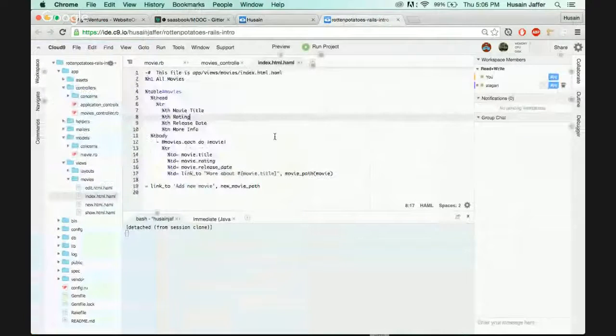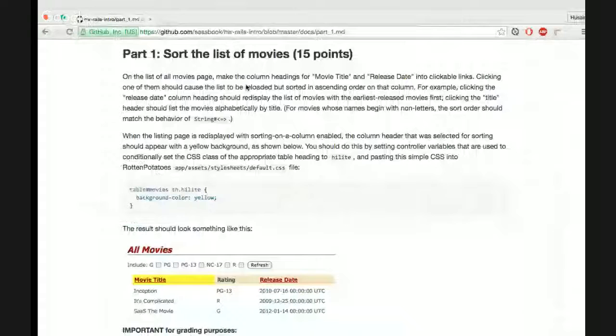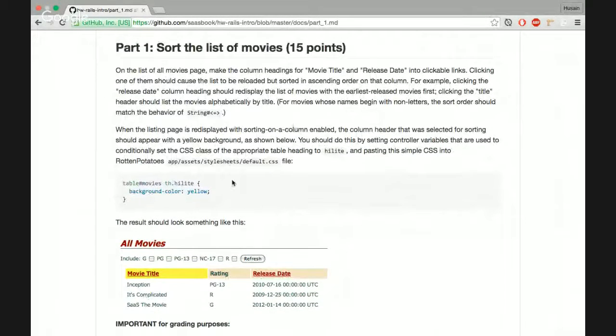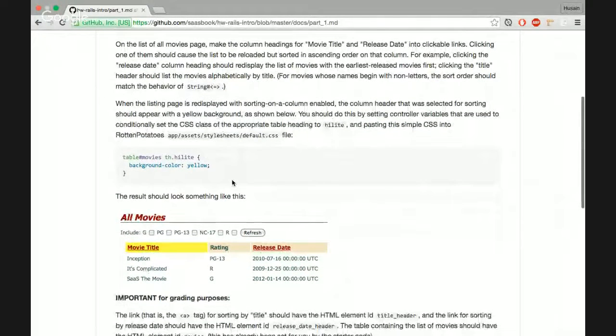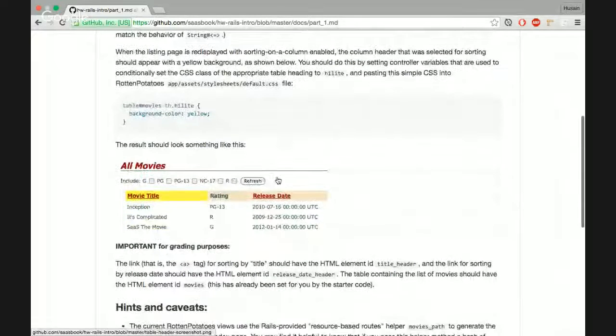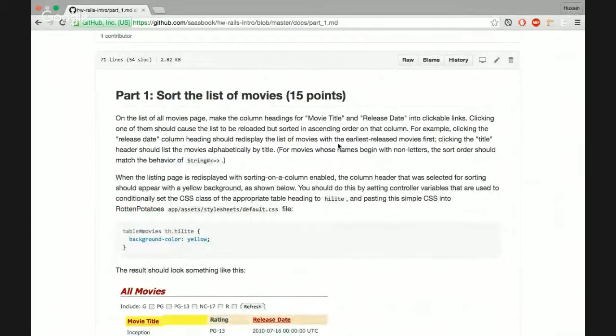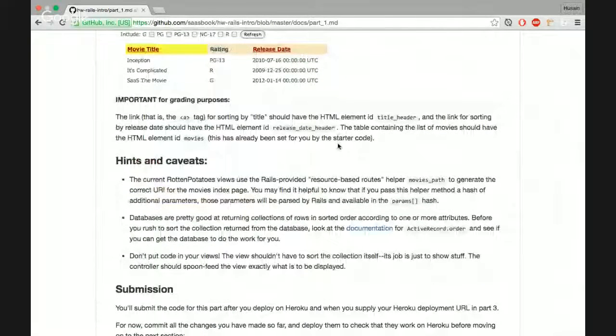So the first thing we have to do right now is sort the movie and the release date, right? And obviously they haven't given us the bit of code for the include GPG form at the top. They haven't given us that yet. So first thing we should do is